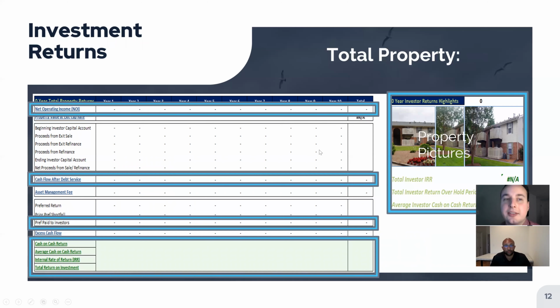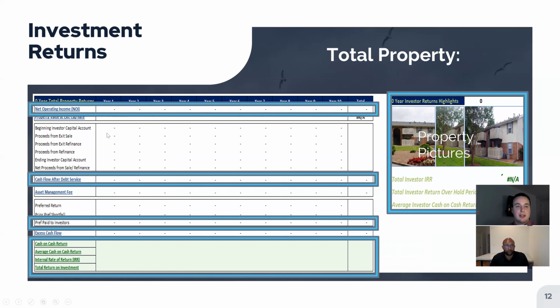Returns. So after you've calculated all of your profit and loss data, this is where you get to your investment returns, right? And this is all going to self-populate, right? So once you've done all the work on the rest of the spreadsheet, this will kind of just be your answer section for the most part. It's going to start with your net operating income. It's going to pull right from the previous section,